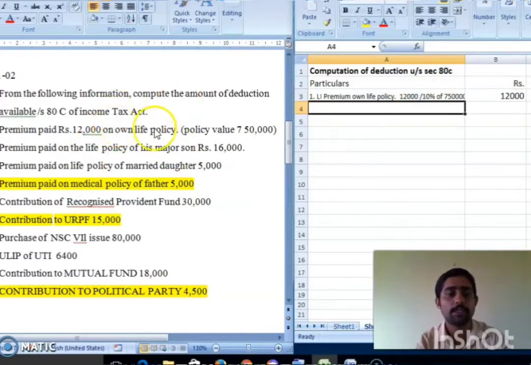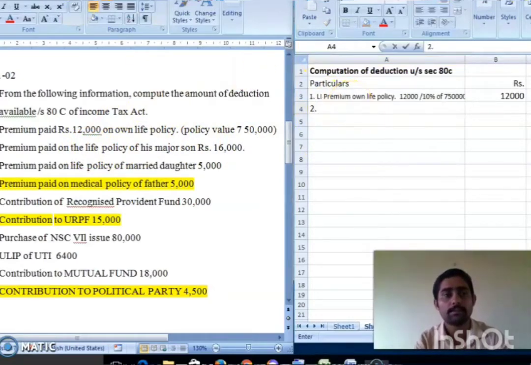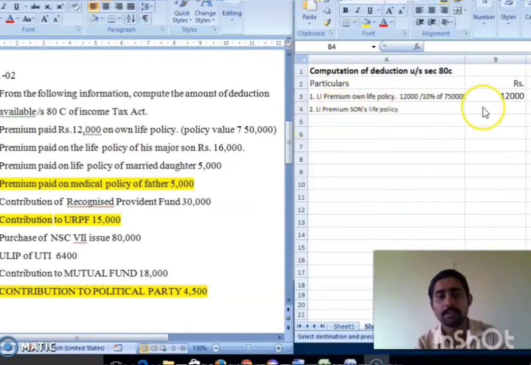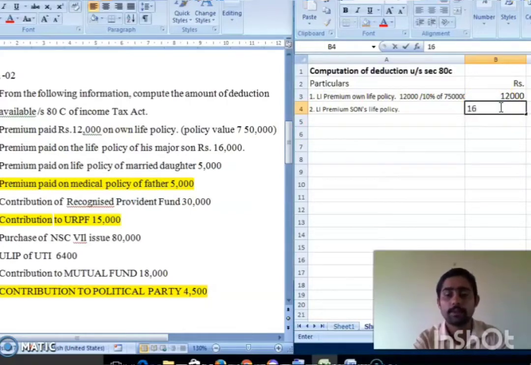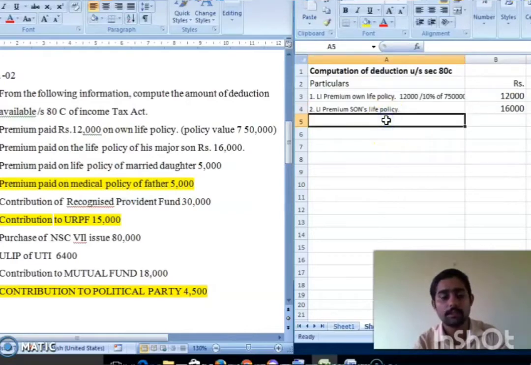First item is over. We'll go to the second item, major life policy of son. So second item, major life policy of son. The amount is given there. I need not calculate. It is given already. 16,000. Then third item. Third item here is premium paid on the life policy of